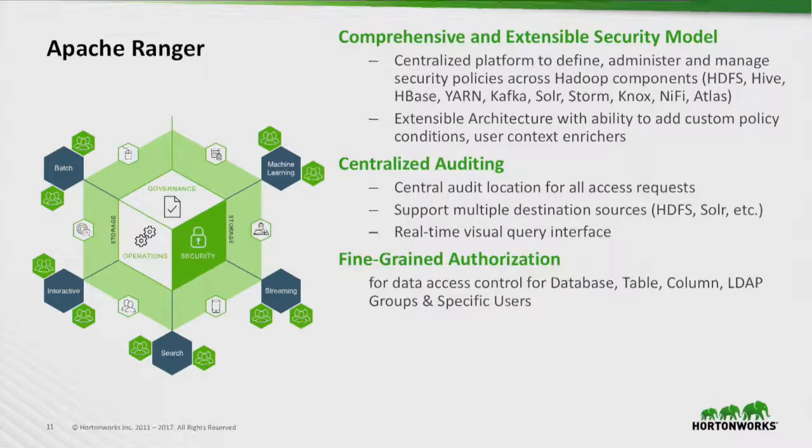Okay. The watchtowers around the castle, Apache Ranger, is our comprehensive and extensible security console, and that provides authorization across different components amongst the ecosystem components that we have today. Ranger has the highest coverage, and you can see all of those that it authorizes from user, group, and environment